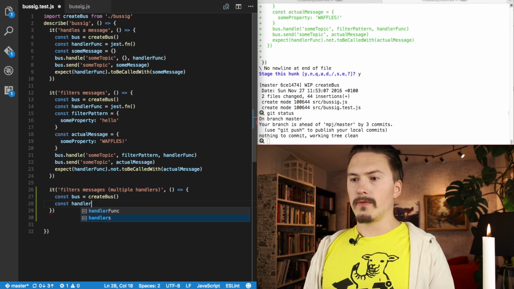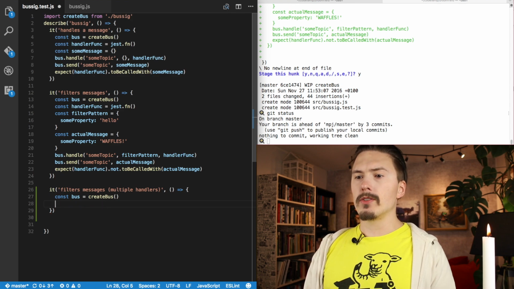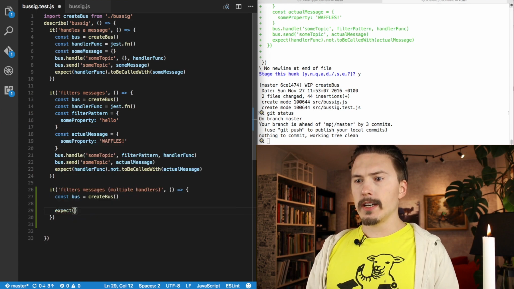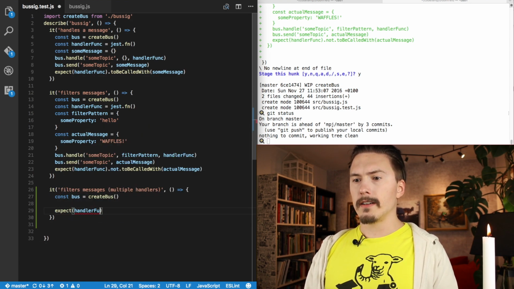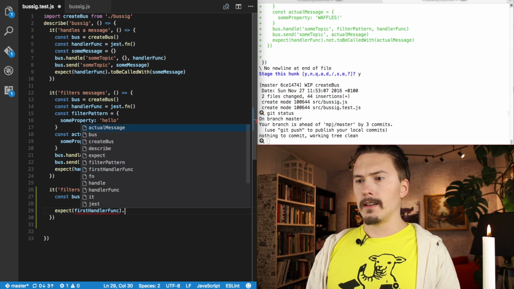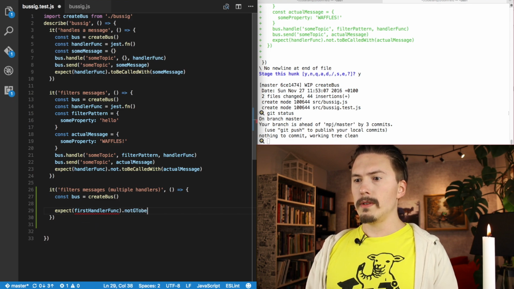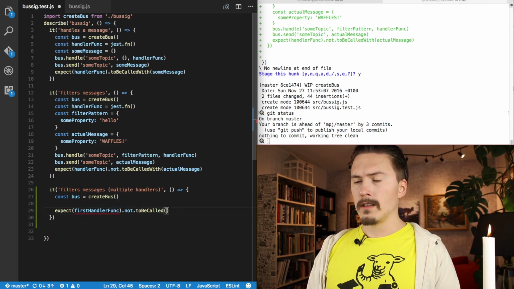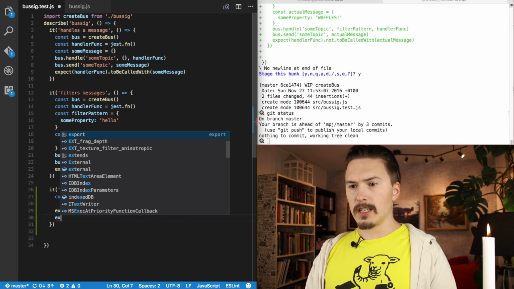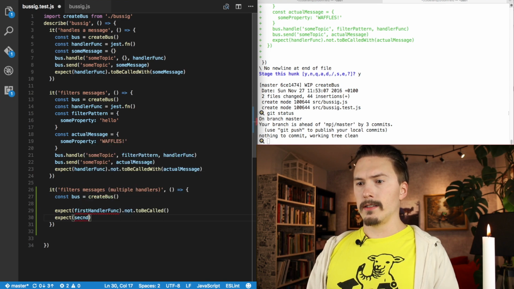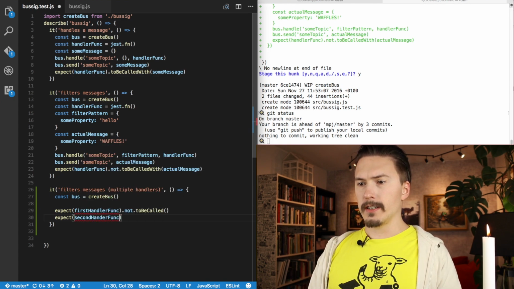Const handler func. You know what? I'm going to do this inversely. I'm going to start from the bottom. I'm going to do expect first handler func not to be called, and I'm going to expect second handler func